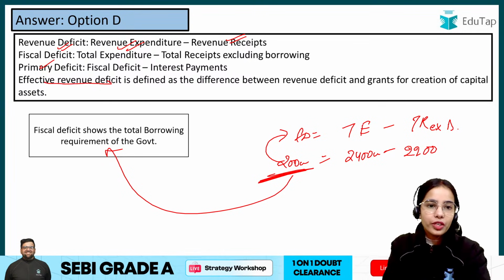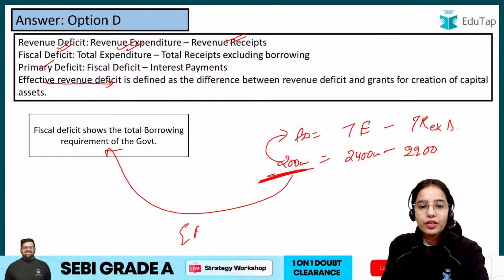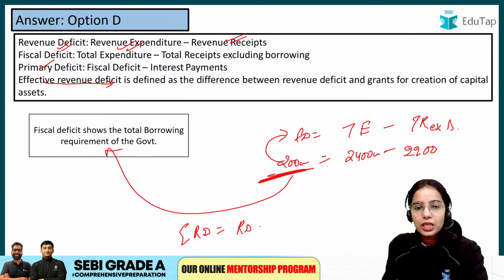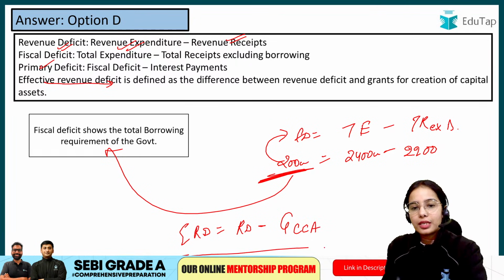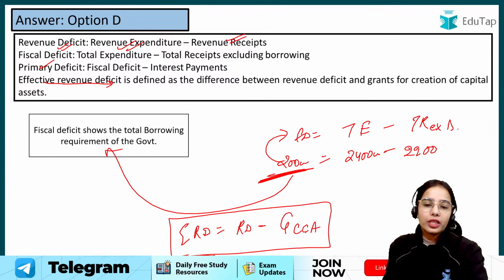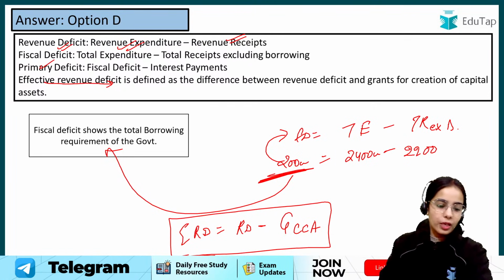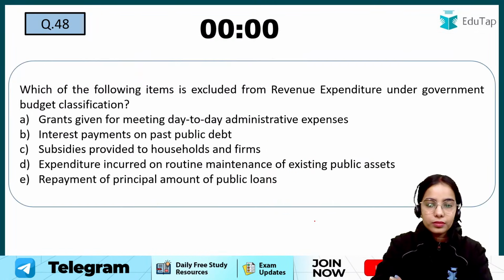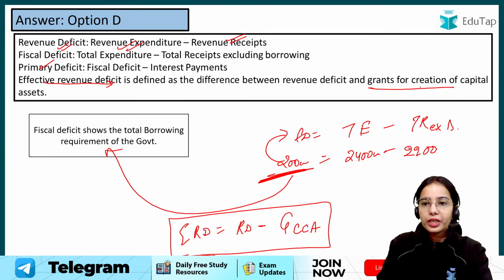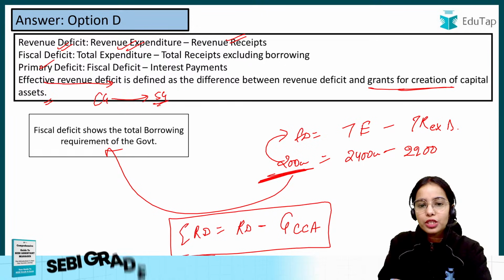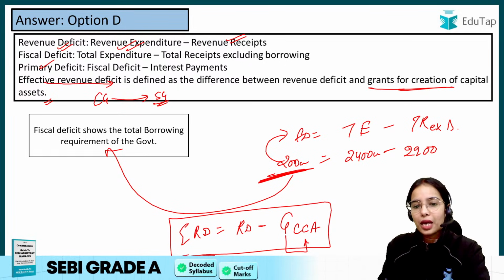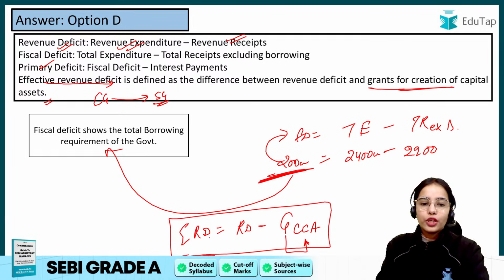Now effective revenue deficit is revenue deficit minus grants that are used for the creation of capital assets. This is the formula of effective revenue deficit. Okay. So grants for creation of capital assets: the central government gives grants to the state governments, so the grants that are used for the capital asset have to be deducted to come to the effective